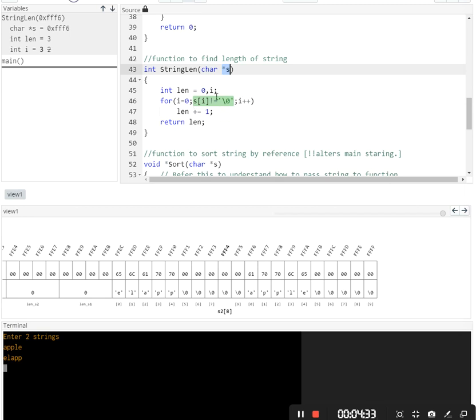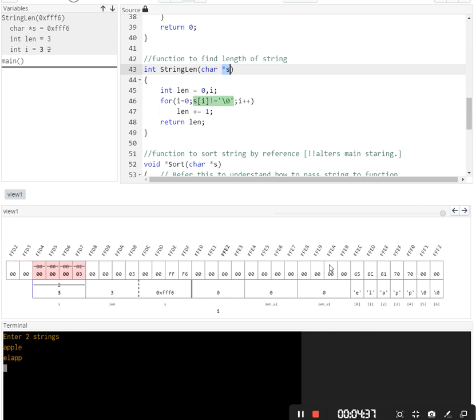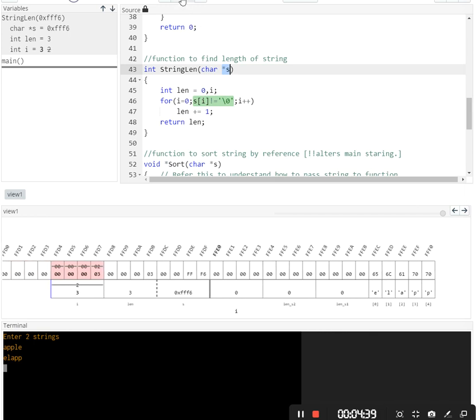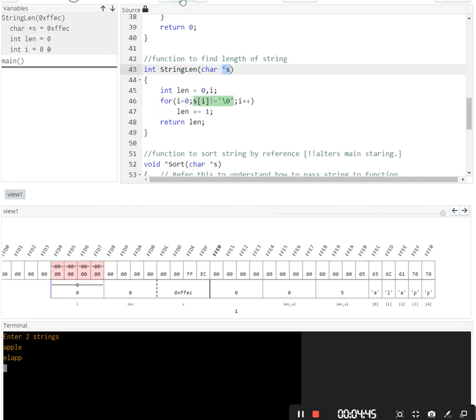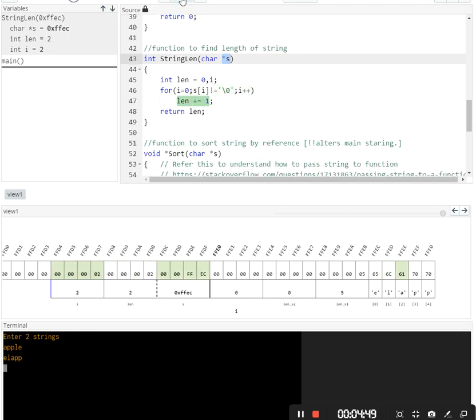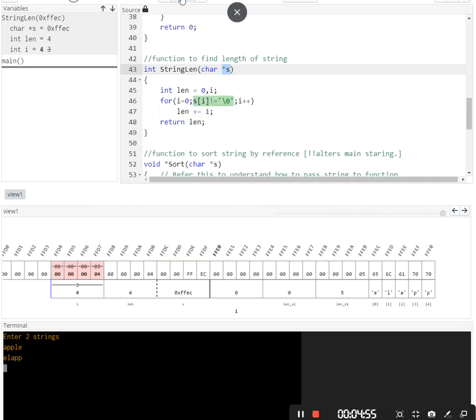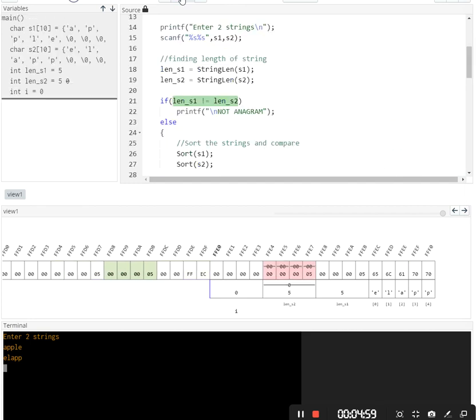So that's why we are just checking from here to here. Then it is just checking the length. Now for the second string the starting address gets changed. And return length. Now lengths are returned.